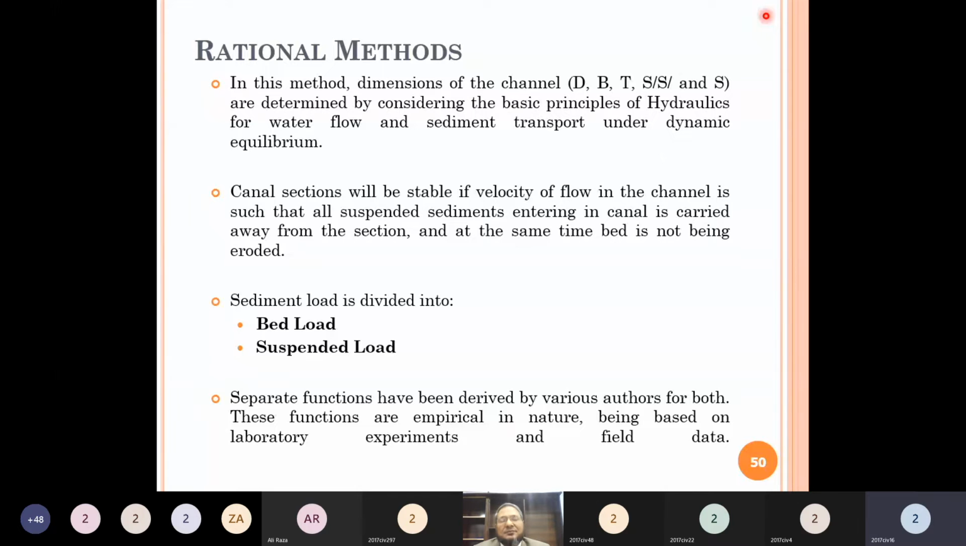यूबीडीसी का। The next is Lacey's theory या Lacey's regime method. The next is Simon's and Albertson method, and the next is Blanch method. 4 मेथड है regime method जो आपने पढ़े हैं। Is it okay? यस सर, 2 पढ़े हमने अभी तक शायद। हाँ जी, अभी तक शायद 2 स्टडी की हैं, बाकी 2 नहीं पढ़े। 2 नहीं पढ़े? अच्छा, वो नहीं पढ़े।